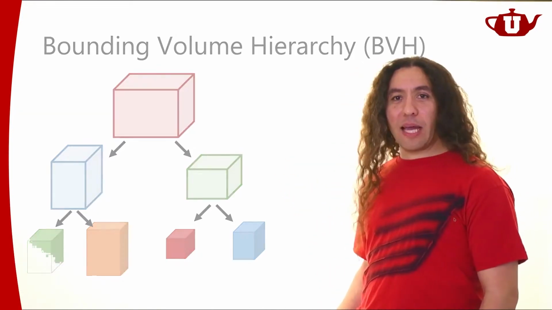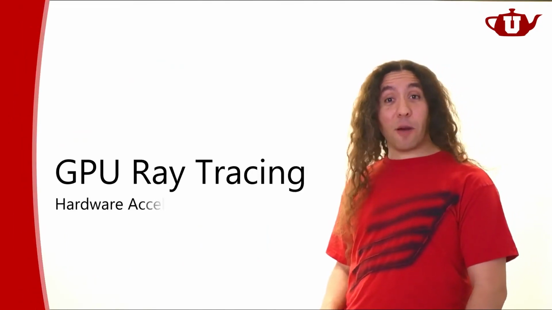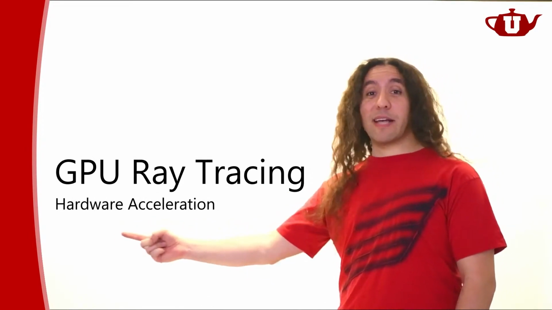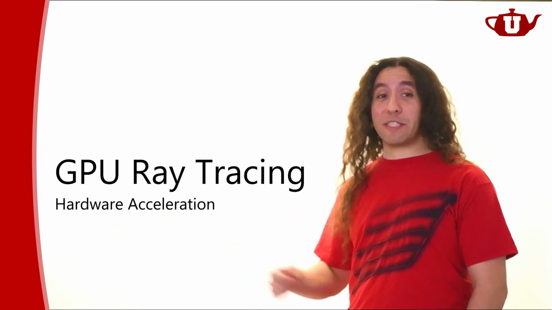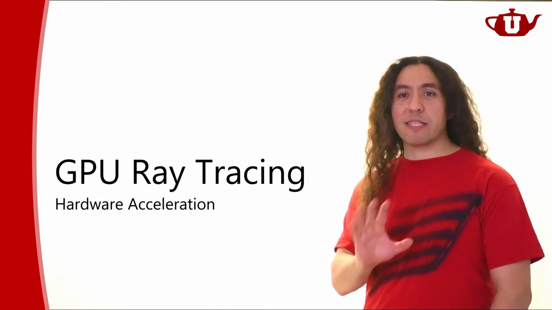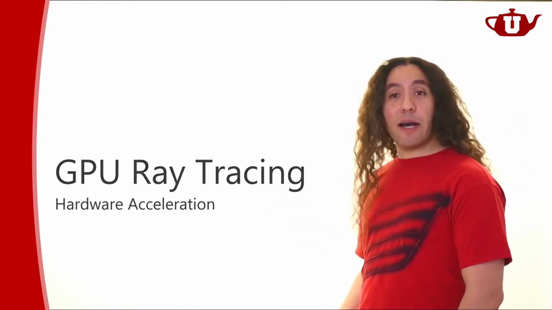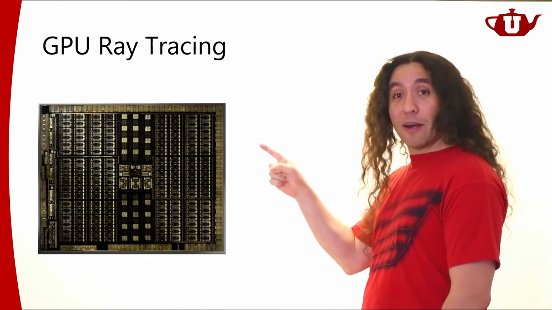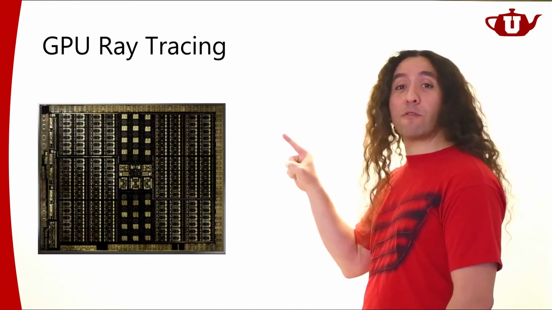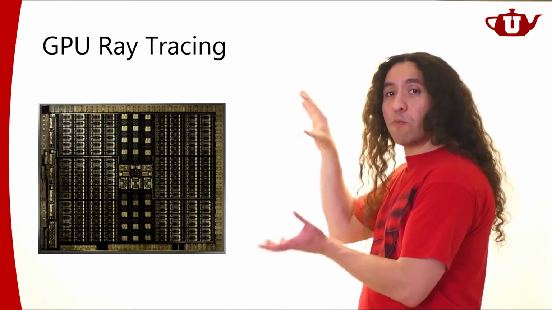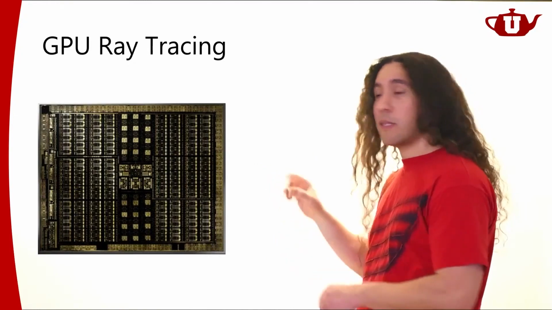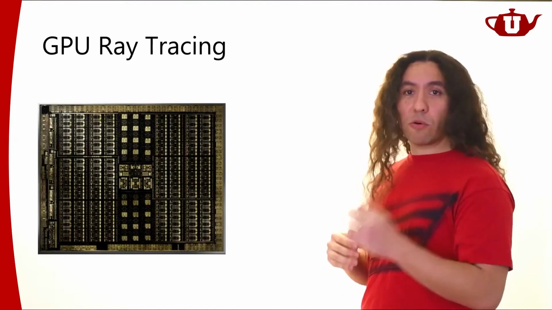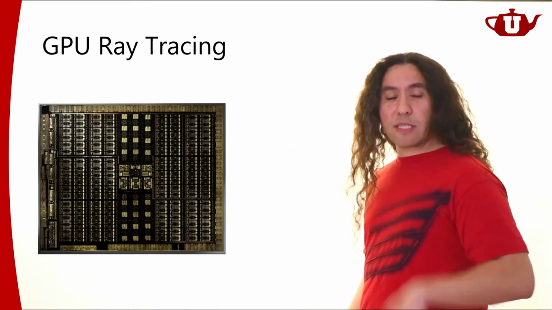All right. Let's move on to our next topic, which is going to be GPU ray tracing with hardware acceleration. This is not going to be acceleration structure. This is hardware acceleration. It's a topic that I thought I must at least mention. In today's modern GPUs, we have hardware units that are designed for ray tracing. Even though the GPU, by and large, is designed for rasterization, there exist hardware units. NVIDIA calls them RT cores, ray tracing cores, that are designed for doing ray tracing specifically.